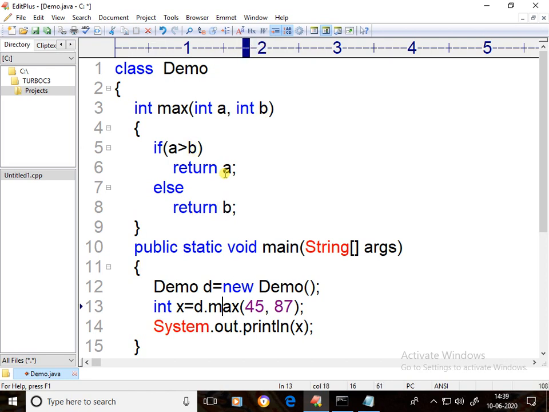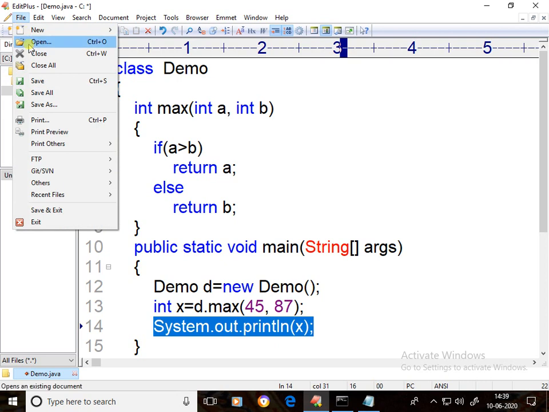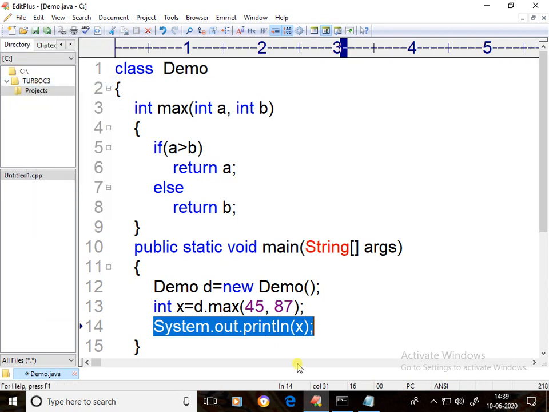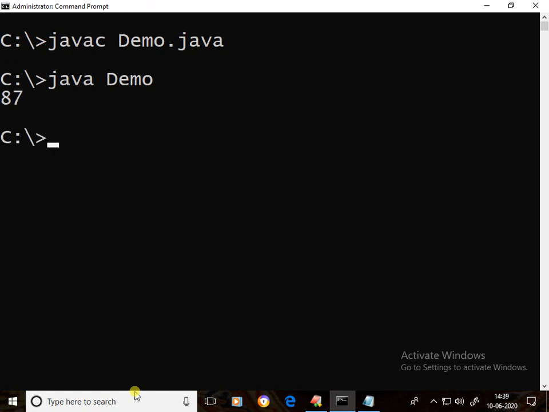The b value is copied in x, and that x is printed. You will get 87. Say file, save. I compile with javac demo.java and execute with java demo. The output is 87.